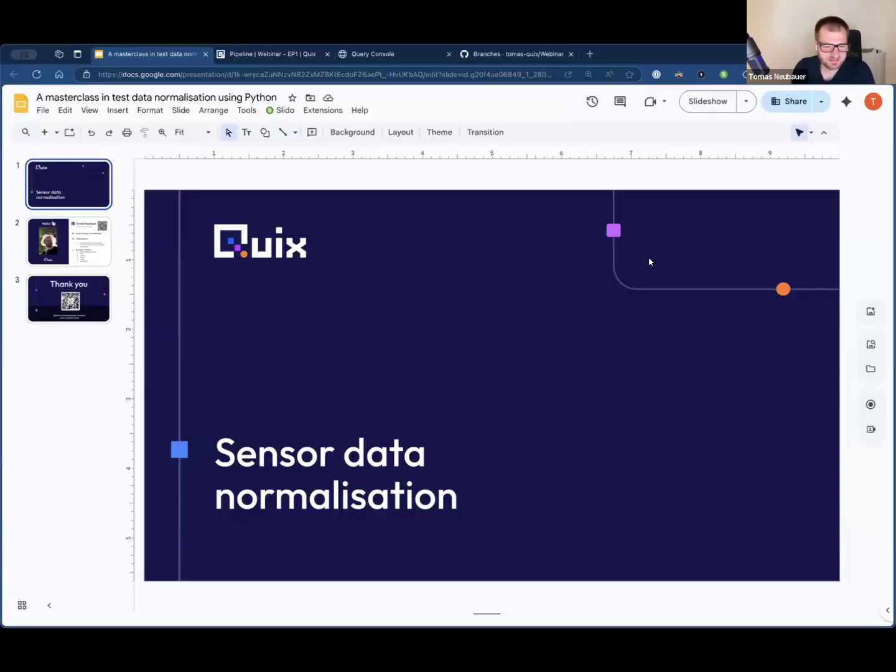Hello, everyone. Welcome to the second episode of our series. Today, I want to talk about sensor data normalization, which is a natural second step after you get data to your data platform, that we have discussed